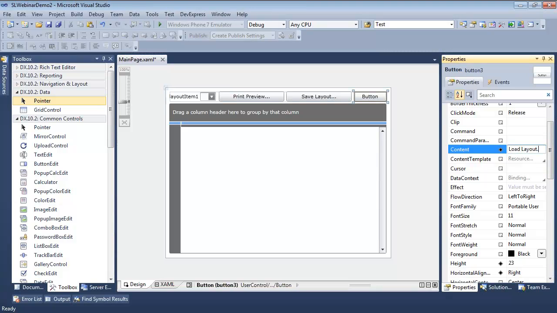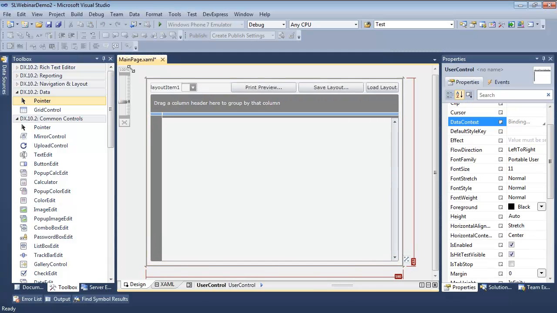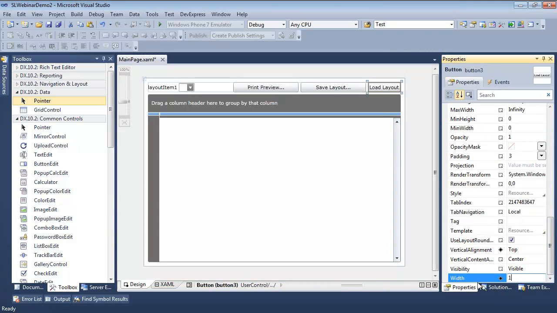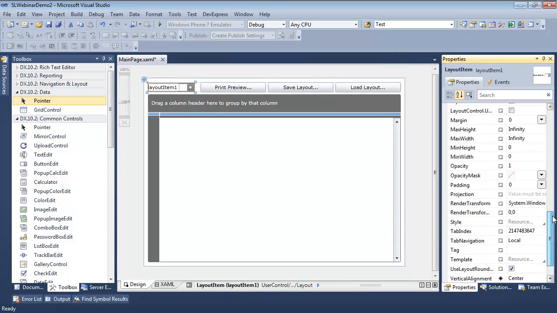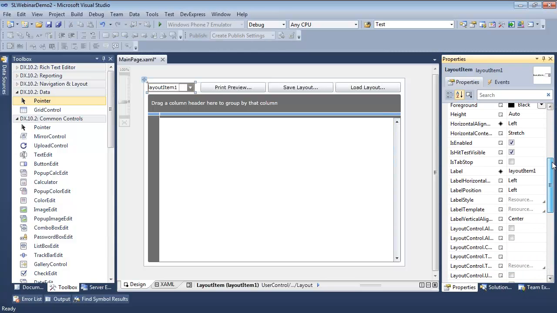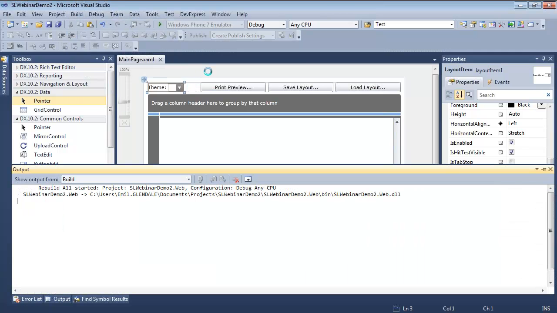Load layout. 150. Okay, so this is all set up. We'll need to set this to be theme as well. Let's see. There we go. Theme. Cool. Now let's rebuild this, make sure all is well, and let's go ahead and